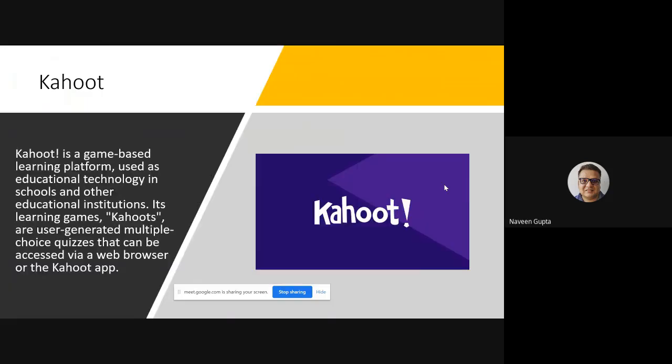So next tool is Kahoot. Now there is a difference between Kahoot and Mentimeter. When I say Mentimeter is kind of a professional tool, wherein people use this in a professional, formal manner. But when I talk about Kahoot, it is a game-based learning platform. And again, it's real-time. And for educational purposes, it is free for a few months till the COVID time. So you can use this kind of tool as well for assessing the students in real time.